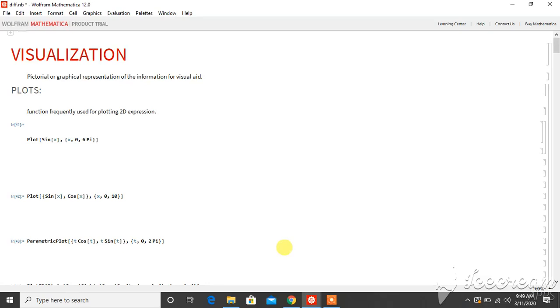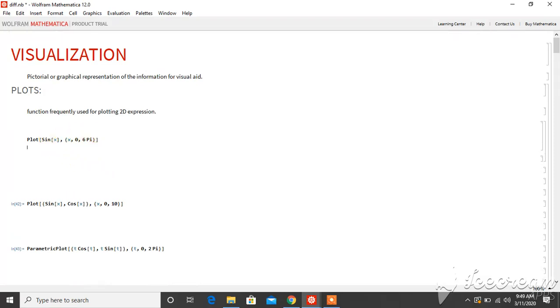Visualization is a process of representing data graphically. It is used to convert large datasets into visual graphics for easy understanding. As it is a pictorial or graphical representation of the information, there are many ways to make visualization in Wolfram language. We will begin with Plot, a way to plot a function or set of functions. Plot is a frequently used function for plotting 2D expressions, and the syntax for Plot is